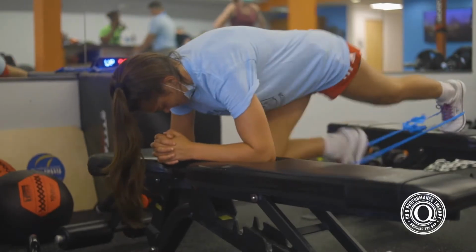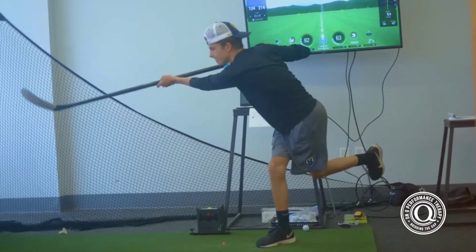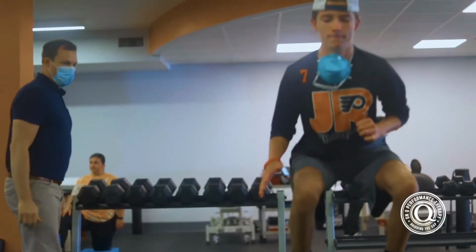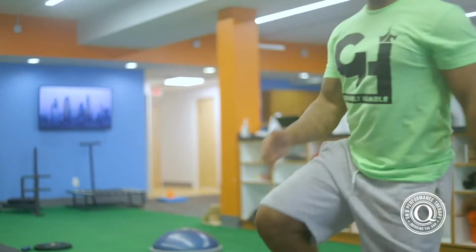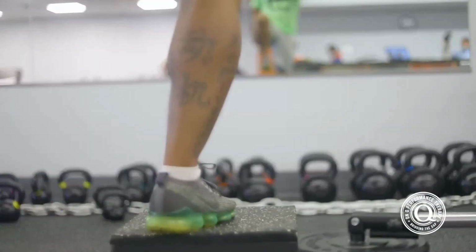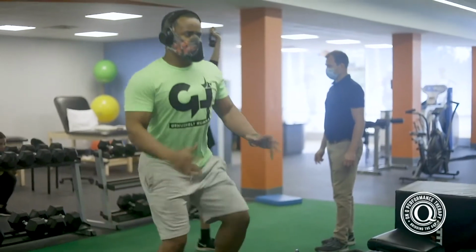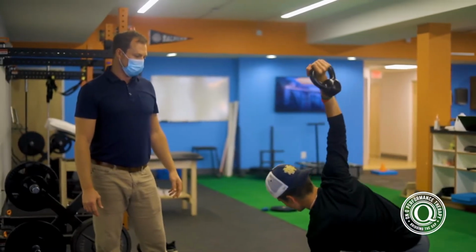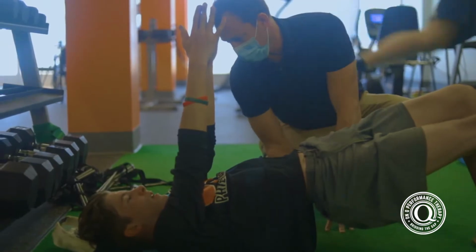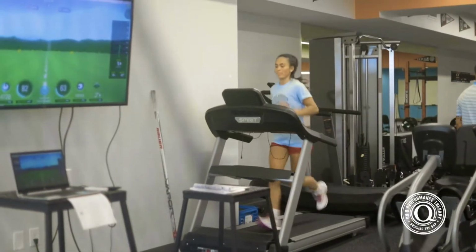capable of doing, okay? And then what we do is we take a look at their swing in 2D using video analysis, and then we look at it again with 3D analysis. And for that, we use something called the K-vest. All right, I don't want to get too far ahead here. The K-vest is a whole other animal. I mean, talk about cutting edge research. It's awesome. It's a 3D analytics on a rotational movement where you're looking at, I don't want to get ahead